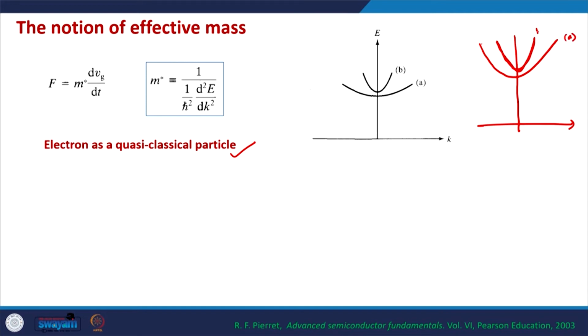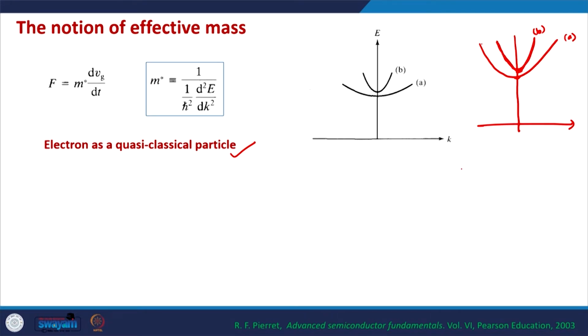Let us say this is curve A, this is curve B. These are two bands essentially. If we focus on the bottom of these bands, and try to calculate the effective mass of electrons at the bottom of these bands,